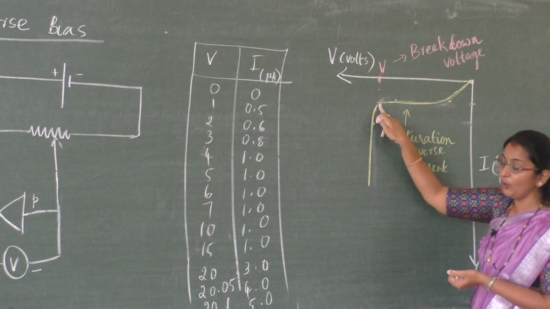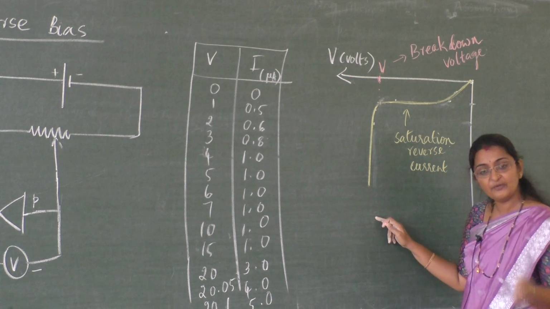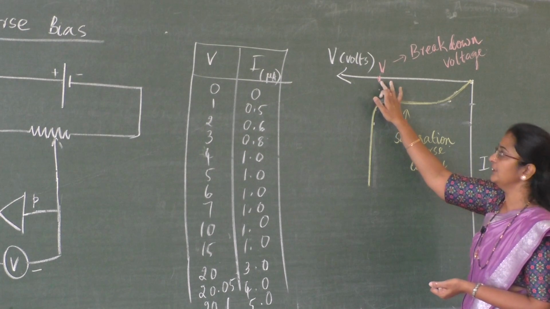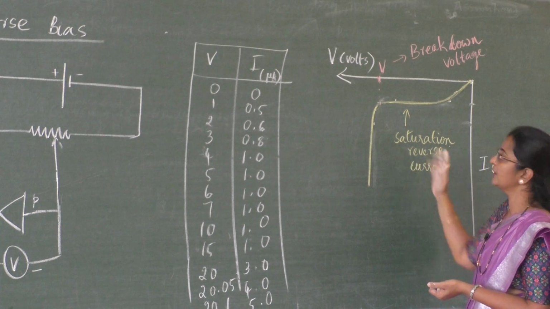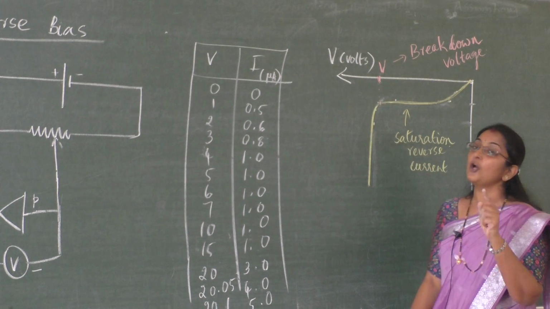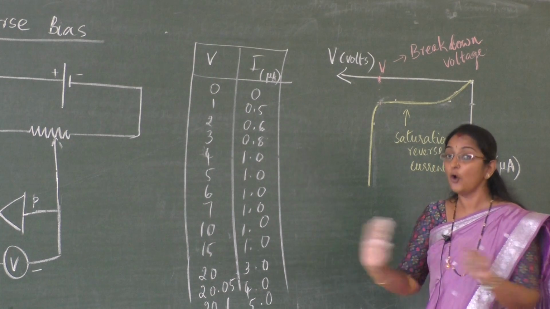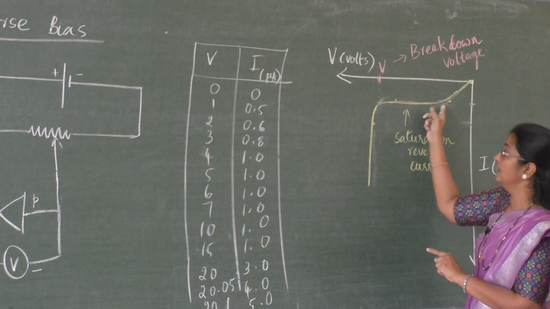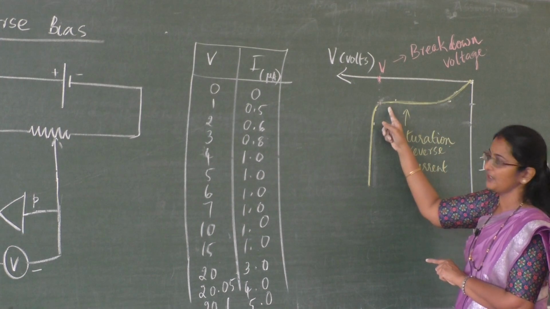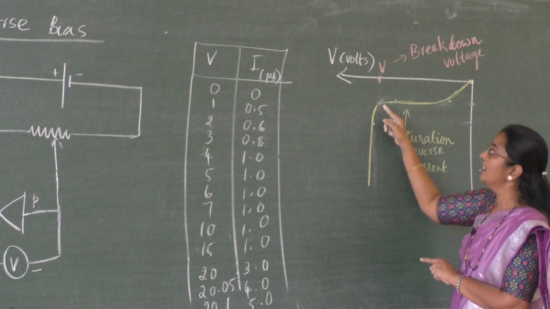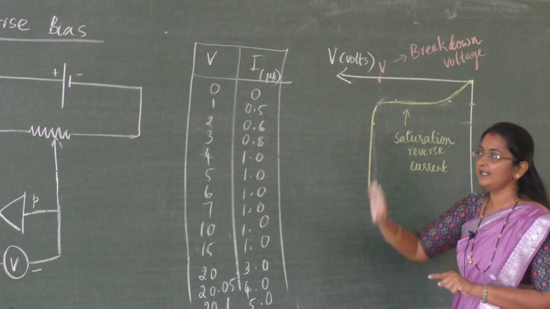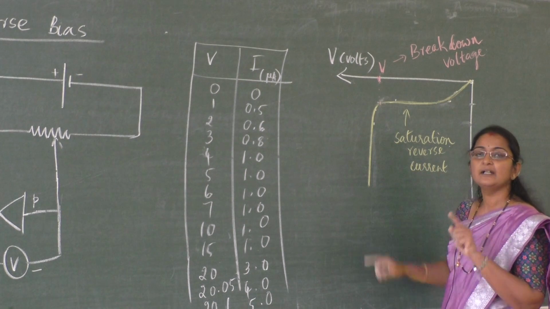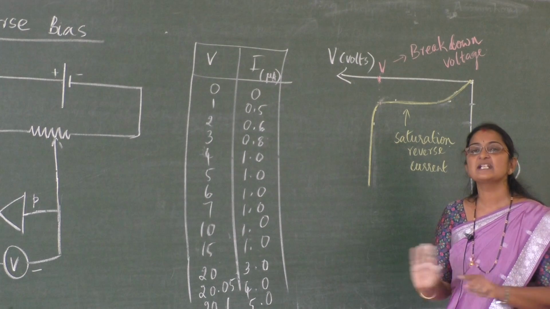This is the reverse value of voltage at which the current suddenly increases. Now the device does not have control of voltage and current here. Current cannot be controlled by this voltage, and our ordinary semiconductor diodes are not designed to work under this reverse bias condition. Of course, we can work in the saturation current region, but we are not using the diode to work under this region of current, or under breakdown voltage.